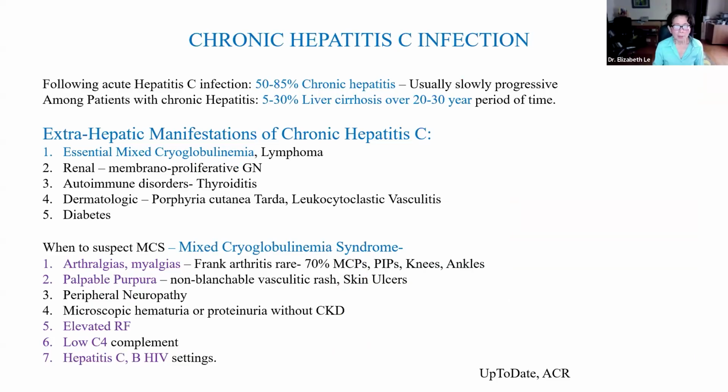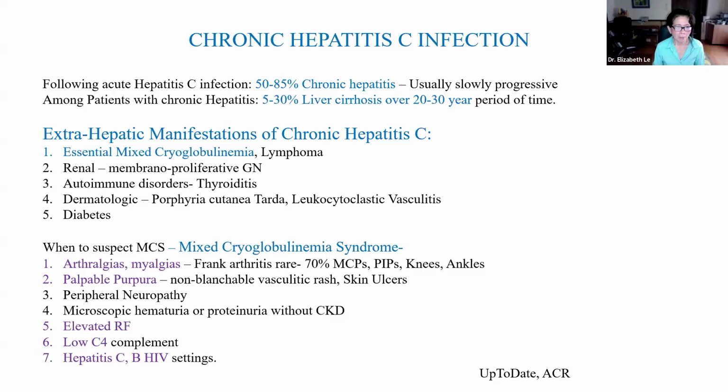Okay, chronic hepatitis C infection. Let's quickly talk about it. Following an acute hepatitis C infection, between 50 to 85% of patients will progress to a chronic hepatitis, usually slowly progressive. And among the patients with chronic hepatitis, 5 to 30% will develop liver cirrhosis over a period of